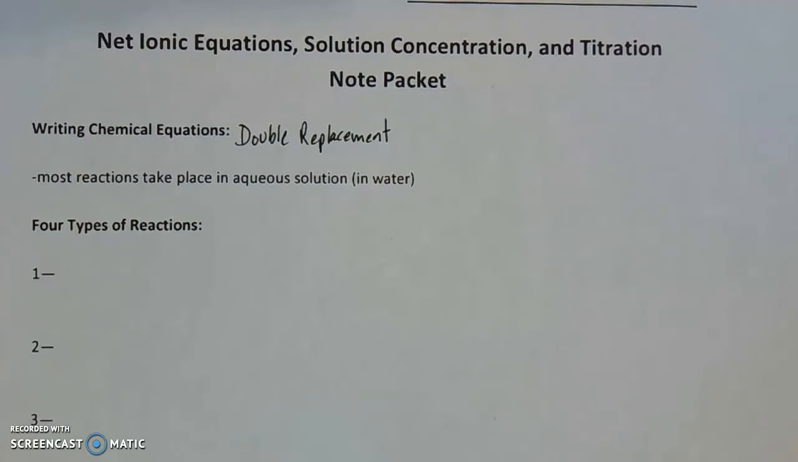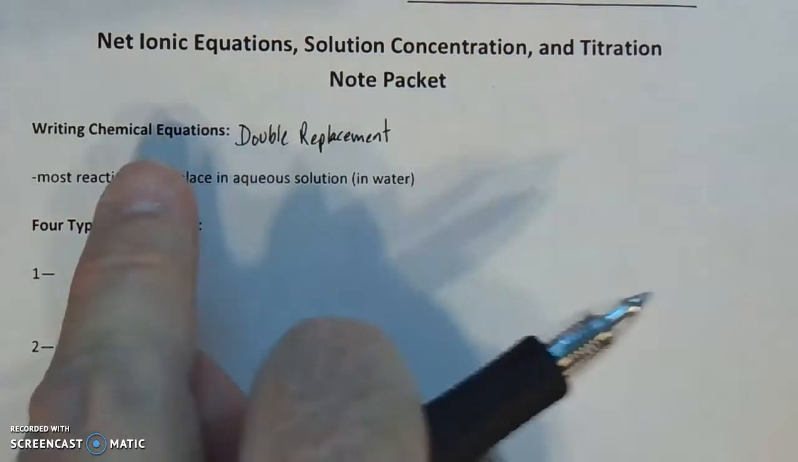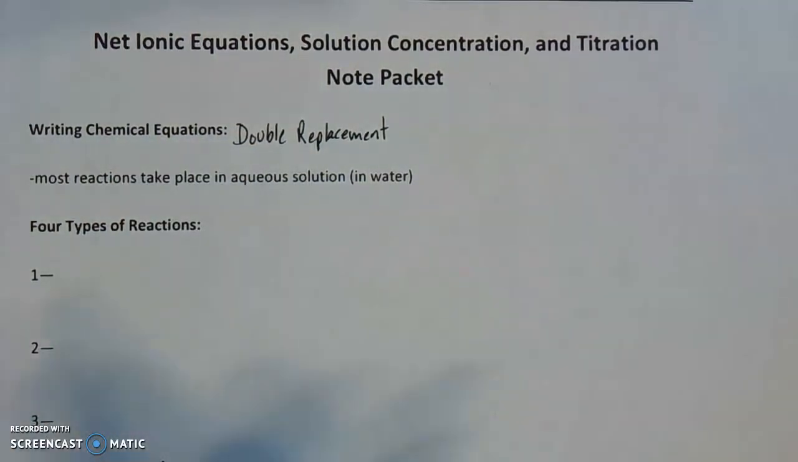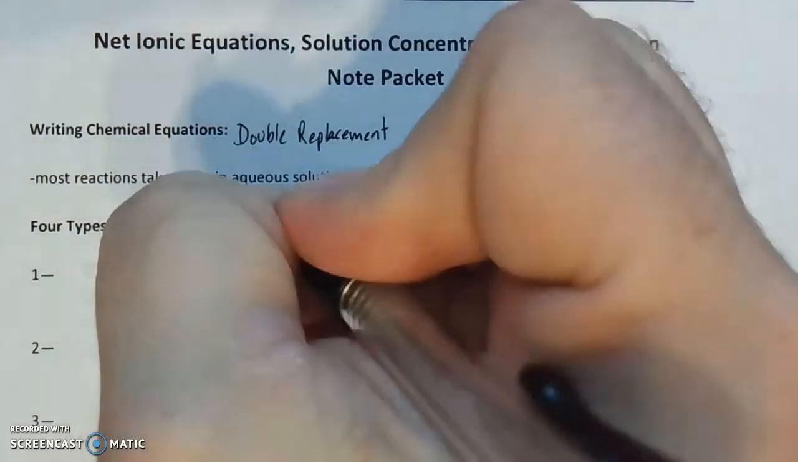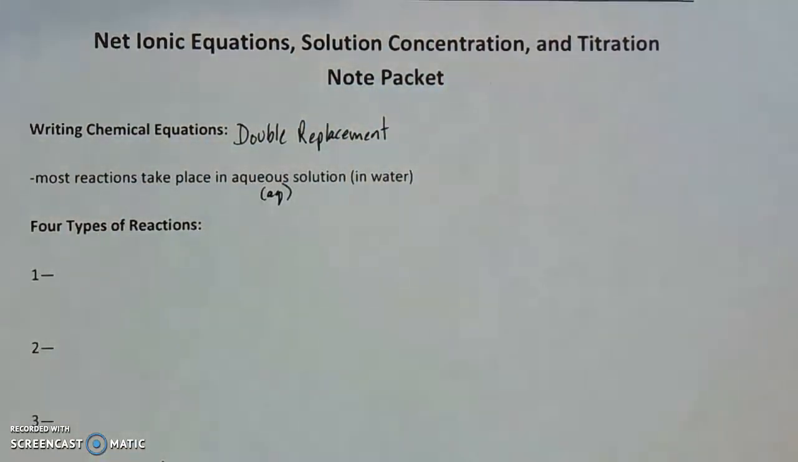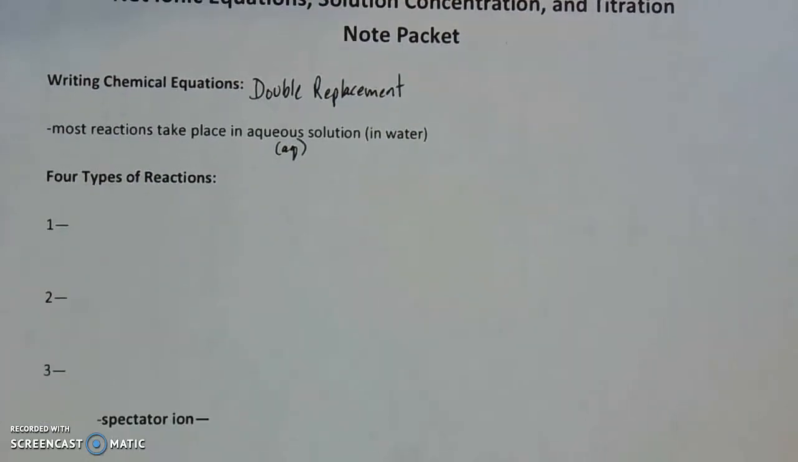So just to go over that again, a double replacement reaction, when we write chemical equations, we know that most reactions take place in aqueous solution, which has that little AQ after it, which means that it's in water. So with that, we start with two compounds and we end up with two new compounds. And we only have a reaction if we get one of three conditions met: a precipitate, a gas, or water. And we're going to go back over that solubility table that we looked at, and that review was just